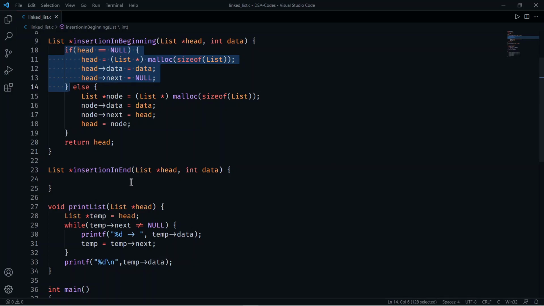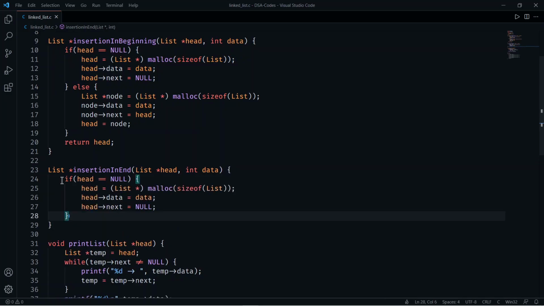So we can just copy paste this, that is if head pointer equals to null we can simply allocate space to that head pointer and save the data and return this head pointer.